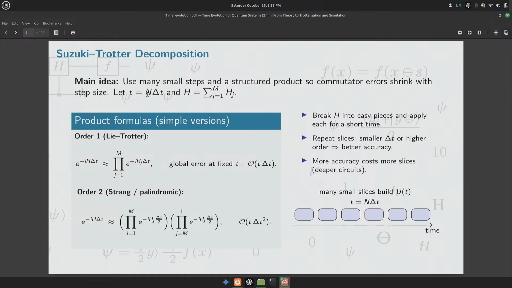say 10 seconds or 20 seconds. So I'm breaking that whole thing into small chunks. The whole unitary operator I'll be breaking into small chunks, and I'll be creating the